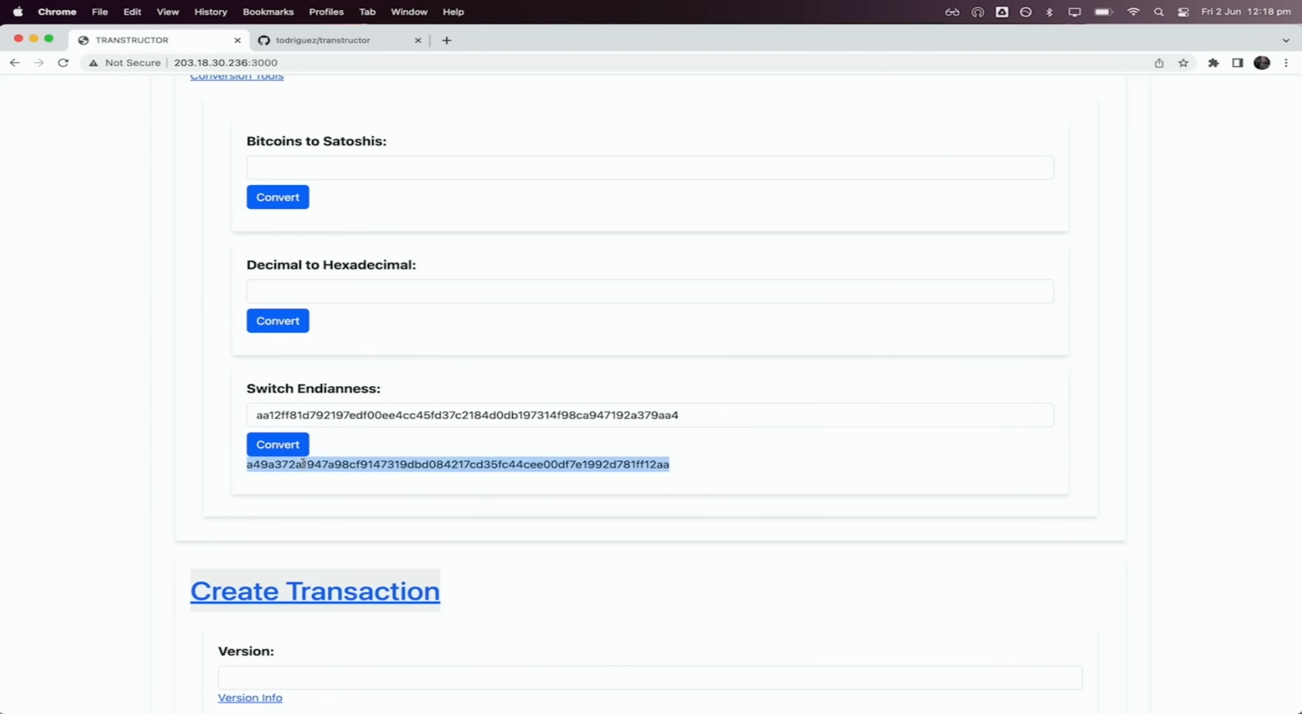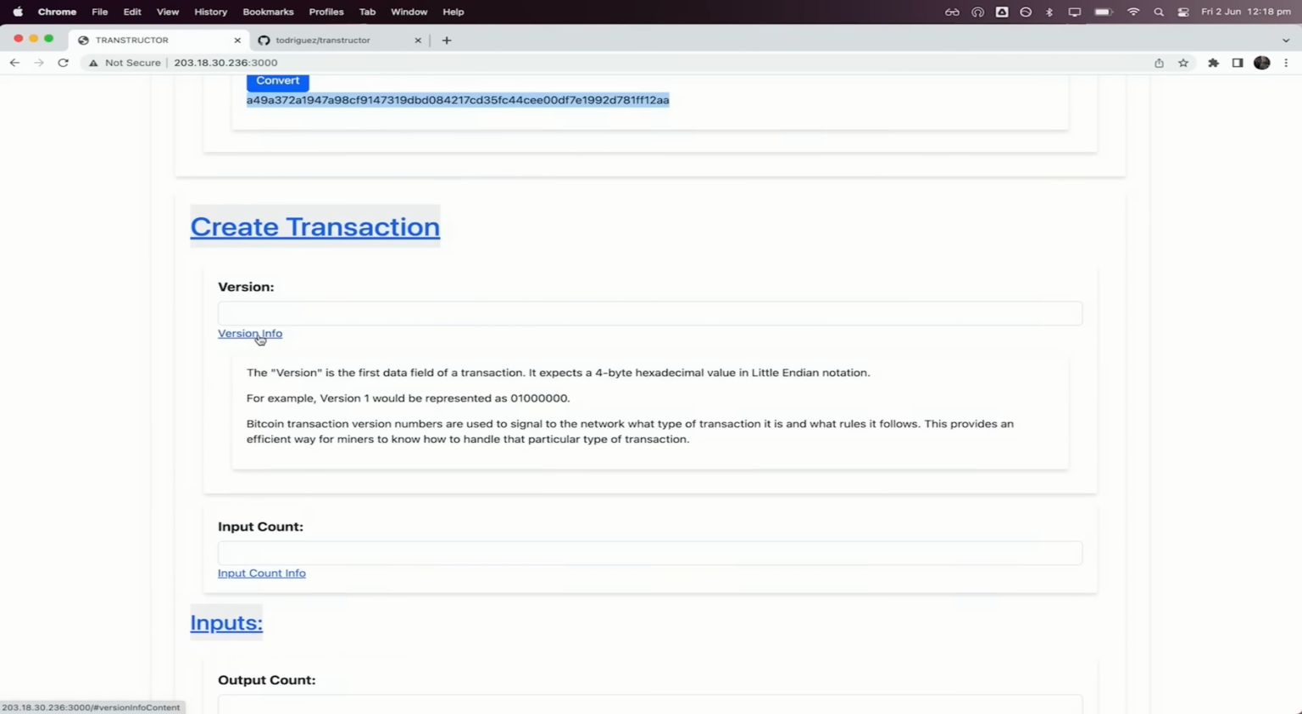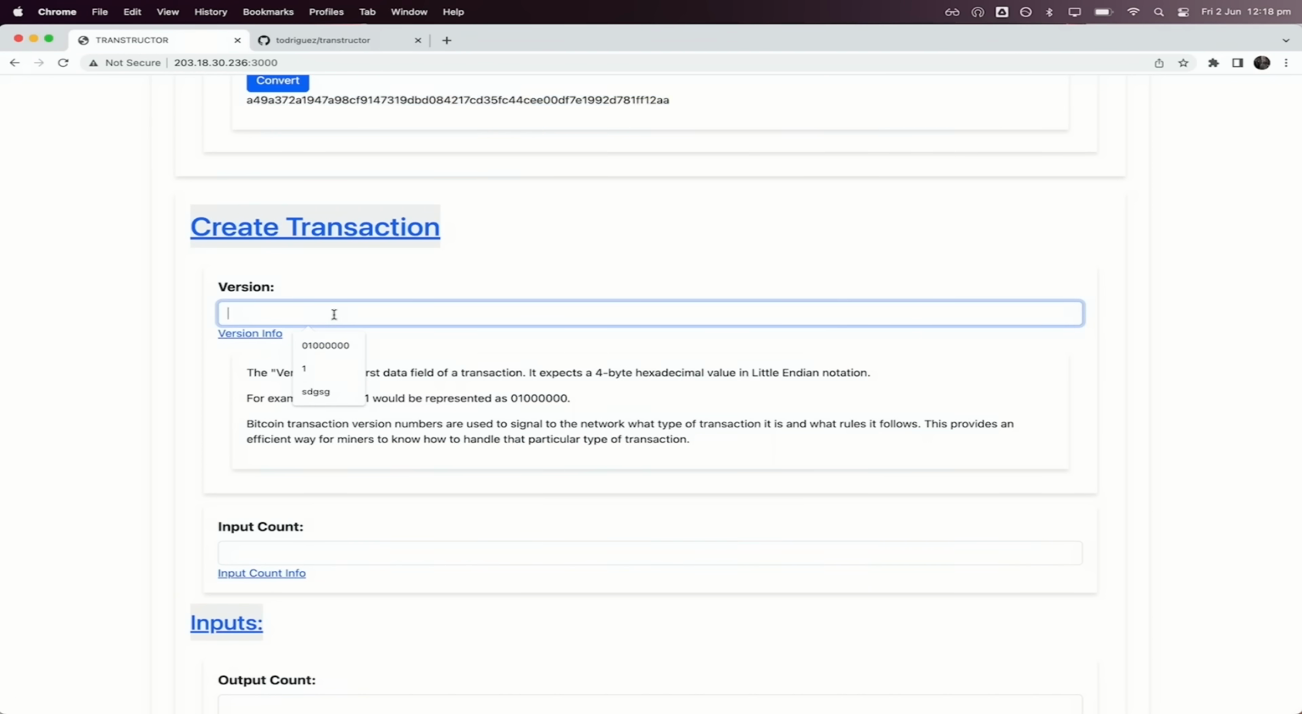And we've now got a little endian value, and we can start to build out this transaction. So the version is just a field that's going to specify which type of transaction we're handling here. It's really important to be specific with the bytes that this data field is anticipating. So this is expecting a 4-byte hexadecimal value. Even though it's version 1, we have to write it in this particular format,